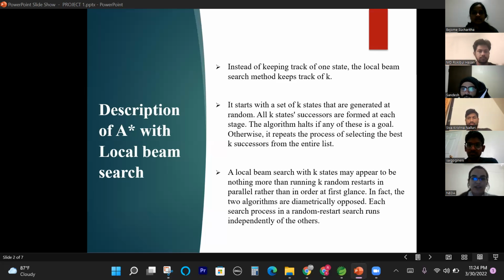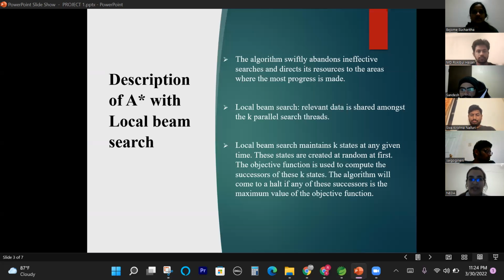In this slide, I'm going to talk about A* search with local beam search. This algorithm keeps track of K states instead of